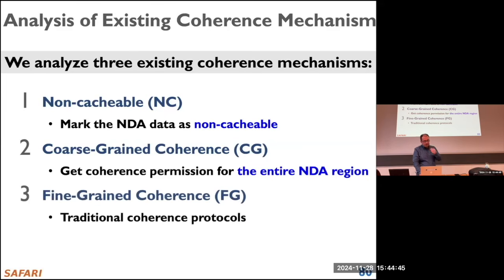And another one is fine-grained coherence, where we implement traditional coherence protocols, like MESI, these protocols that we already discussed. You can check the paper for details of that. But essentially, you can implement that, right? You need to send all these read requests, write requests. I mean, everything needs to communicate through the bus, right? Clear?